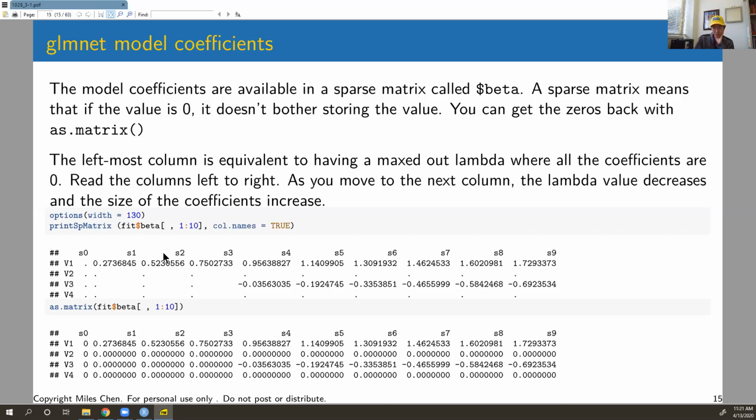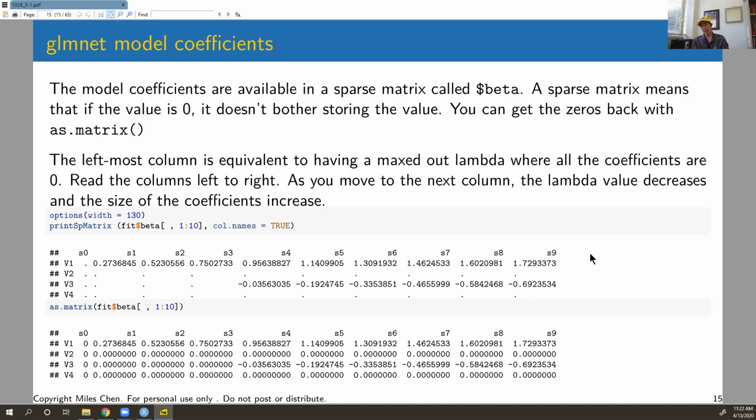As lambda decreases, as we move to the right, each of these columns represents a different value of lambda and the different coefficients that it estimates. So as we move to the right, we're decreasing our lambda, and we can see the coefficients for the different variables start to increase. By the time I've decreased my lambda the 4th time, I have a larger coefficient for variable 1 and a coefficient for variable 3. And as I continue to decrease lambda, my coefficients get larger and larger,